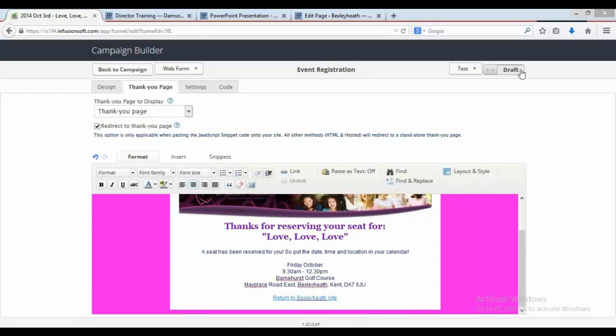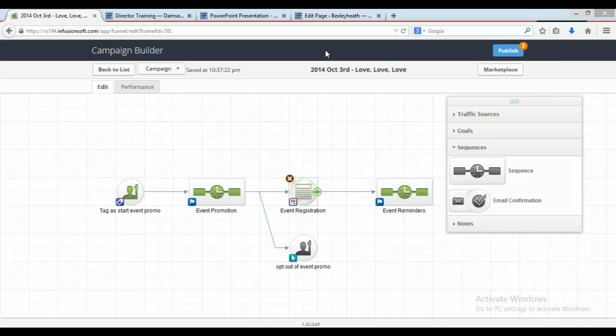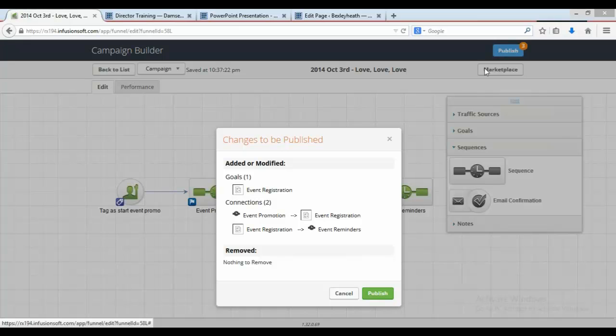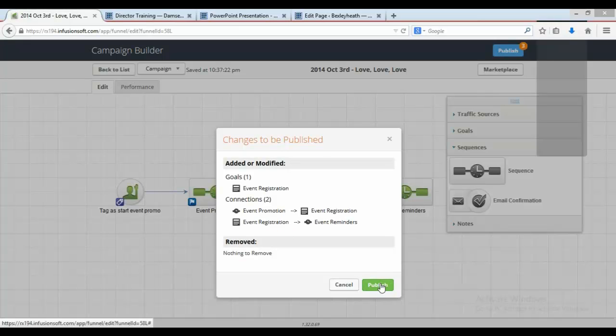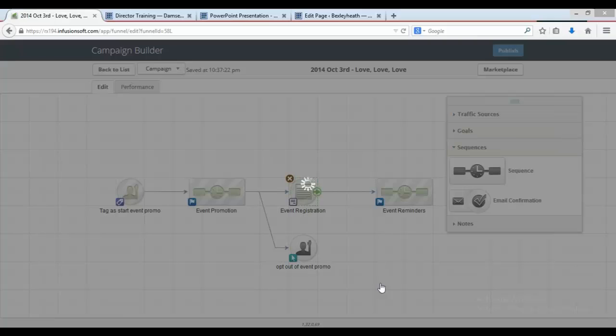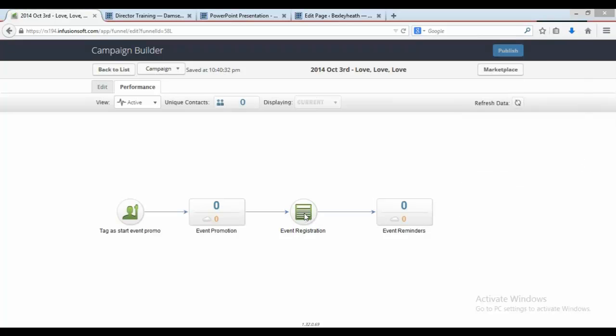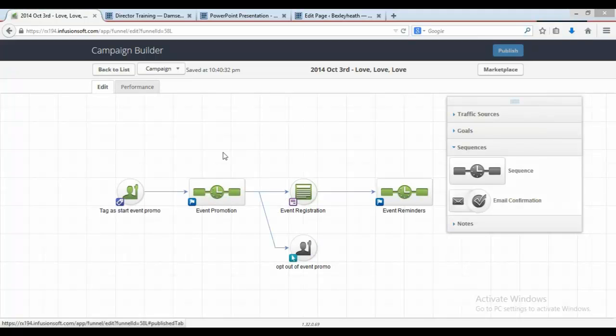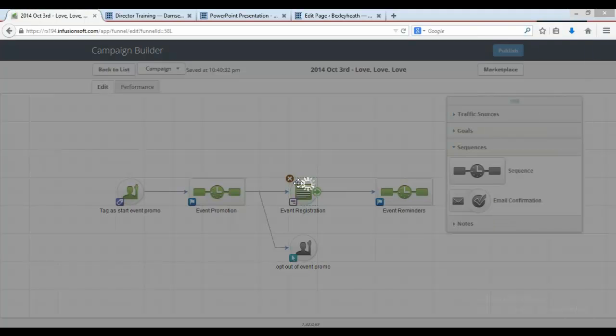So I want to change that to ready. So first, before I get the code, I want to do that. Go back to campaign. And I want to publish, to make those changes live, you know. So I click on publish, and then I'll go to edit again, double click my event registration,